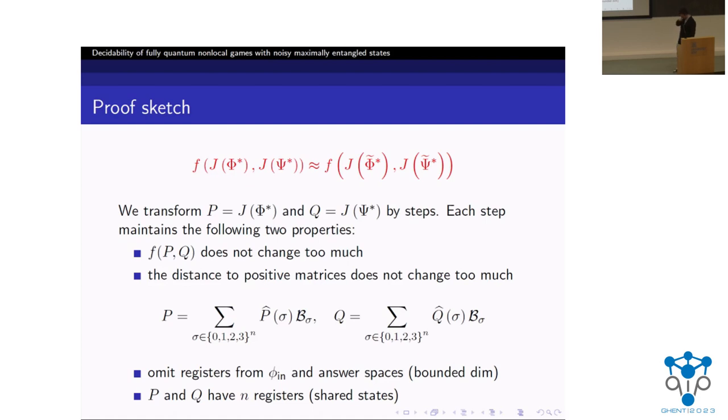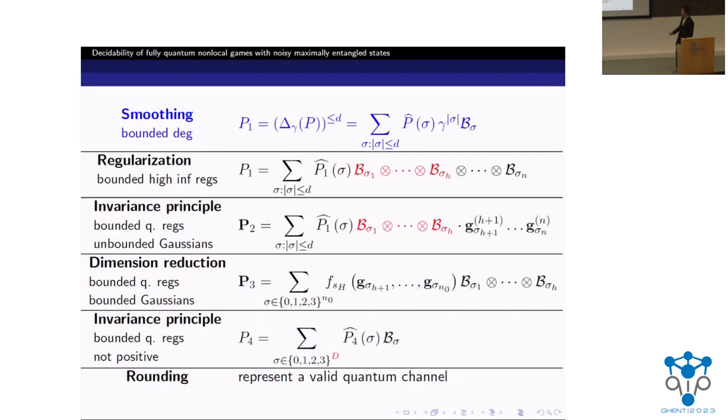Here we write down the Fourier expansions of P and Q. Here we omit registers from the far-in and answer spaces because they have bounded dimension and are not important here. P and Q now then have n registers corresponding to the shared states. Here the exponent is n. In detail,